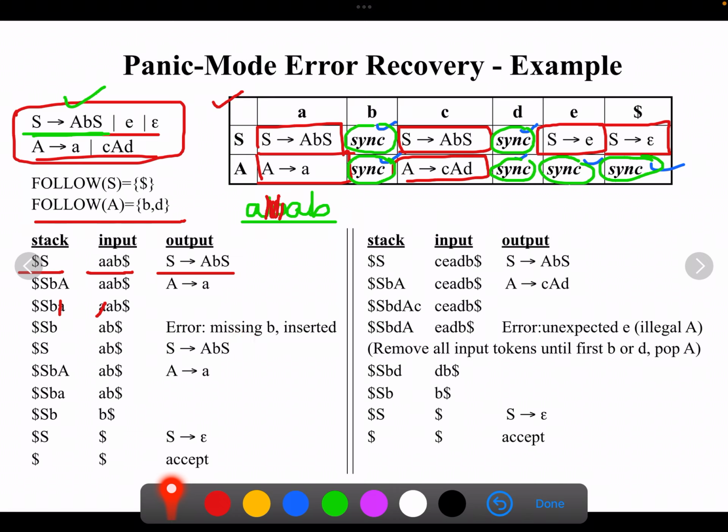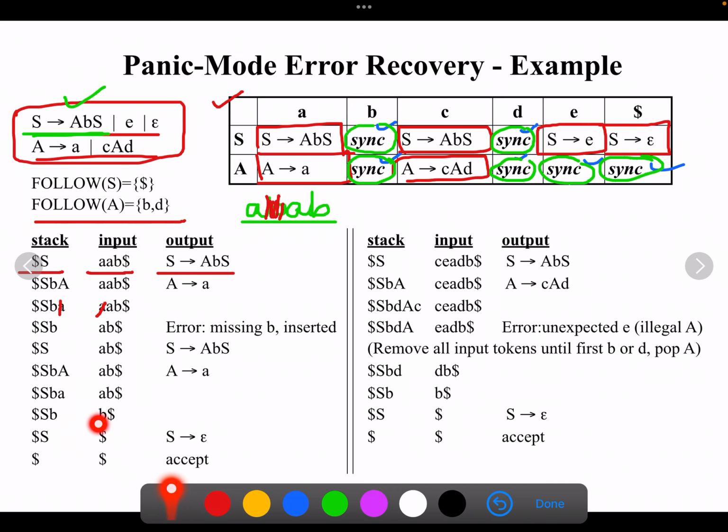Since this is done, you have to remove, as per the procedure, this B which has been additionally added. We remove that. Next, S is left over on the stack. S on A, you have an S on A production. Substitute that as per the procedure. Now A on A is another production, so you substitute A here. A and A are getting matched. Therefore, you remove them and move further.